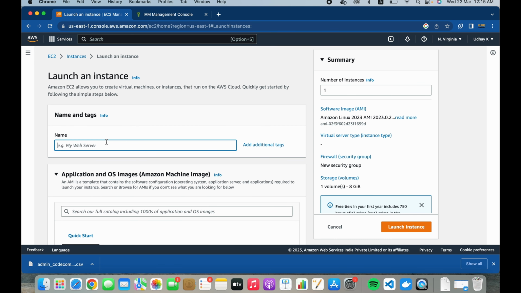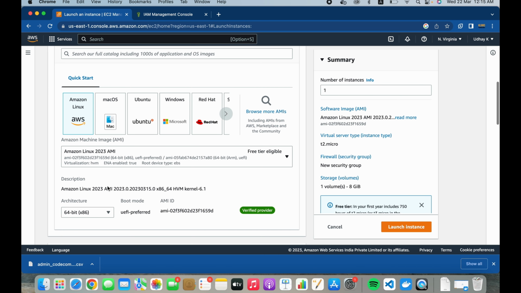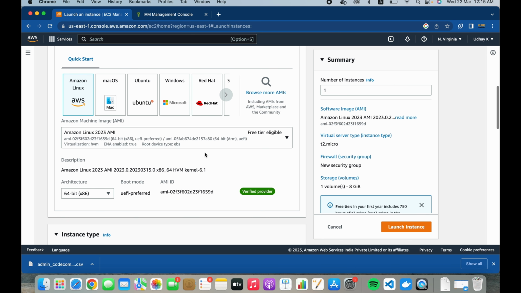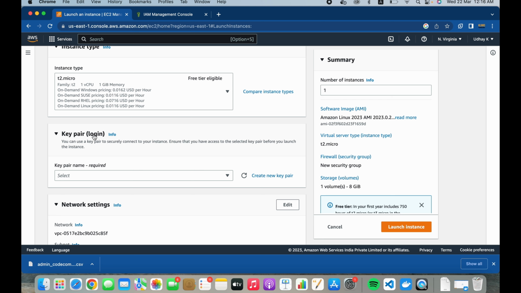So here I will give a name, backend API server. Okay, so here I will choose the default Amazon Linux, because it is free tier eligible. If you are deploying some big kind of load application, then this particular configuration will need to be taken care of. So now I will go with the instance type as free tier eligible only. This is enough for me. And I need to generate a new key pair. So I will click on new key pair. The purpose of the key pair is that with this only we are able to connect to the